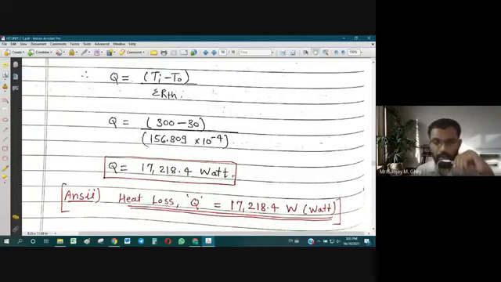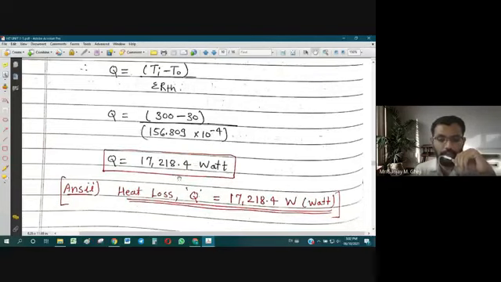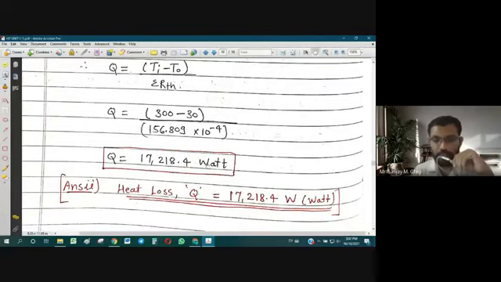So you are going to get Q equal to 17,218.4 watt. Okay, so this is quite a big value. We can convert it into kilowatt, and still we can write 17.2 kilowatt. But it is always good to follow SI units. In SI units, heat transfer rate will always have a unit of watt. Watt is the original or basic SI unit of heat transfer rate. Kilowatt or megawatt are the other, higher versions. Those are not actually the SI units, so we have to be a little careful while dealing with this. So heat transfer rate should always be expressed in watt.